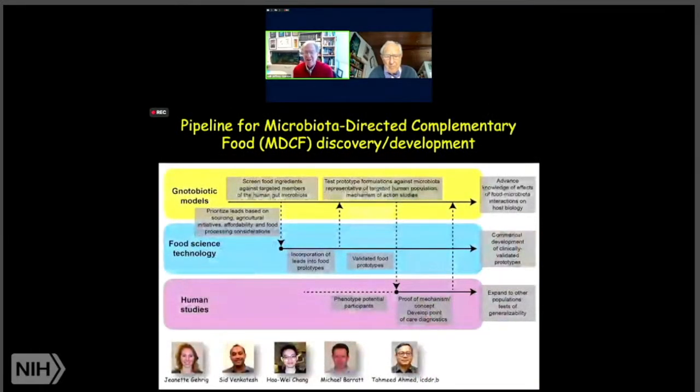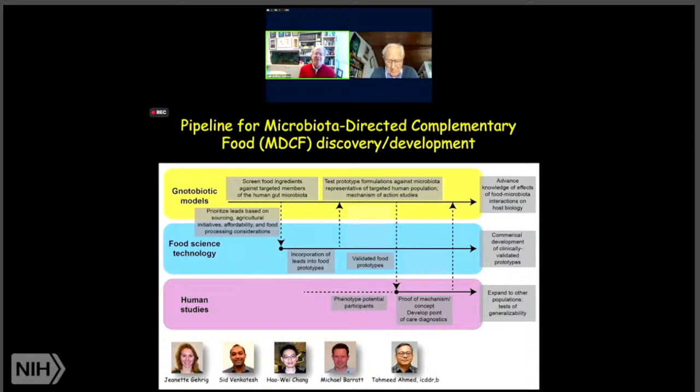So here is our strategy for testing. We cultured organisms from the fecal microbiota of the children representing our target population. And these were age and growth discriminatory organisms. And the consortia of cultured sequenced organisms were introduced into germ-free mice. And these germ-free mice were fed complementary foods available to children living in Mirpur. And these foods were tested individually and in various combinations to identify those that would increase the fitness initially of our target growth promoting organisms.